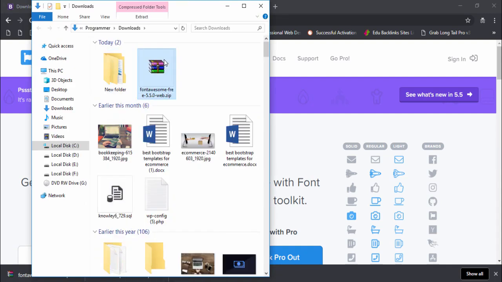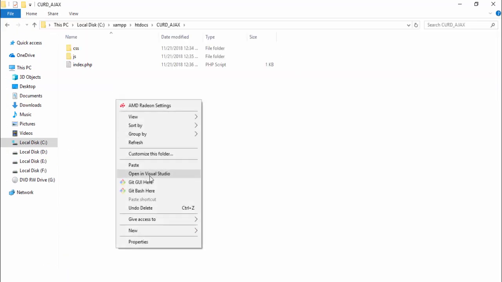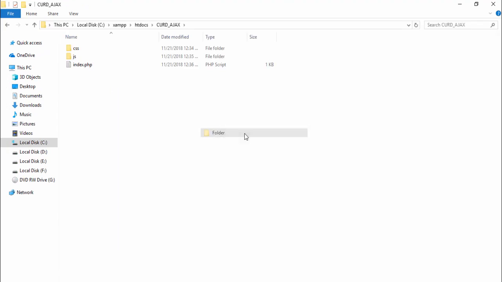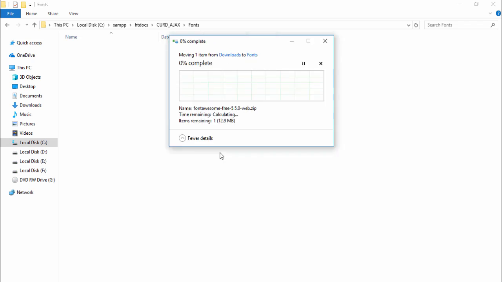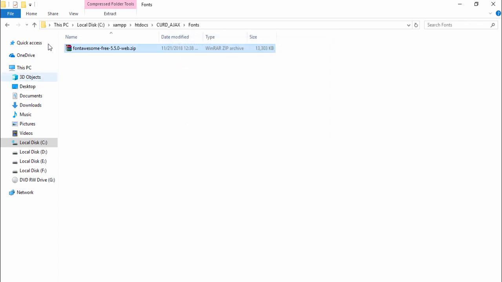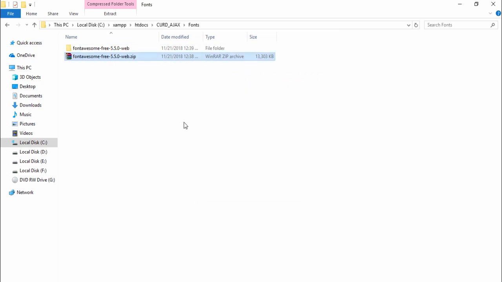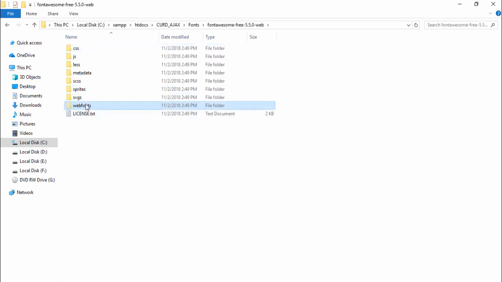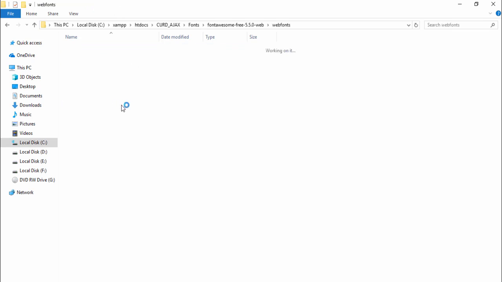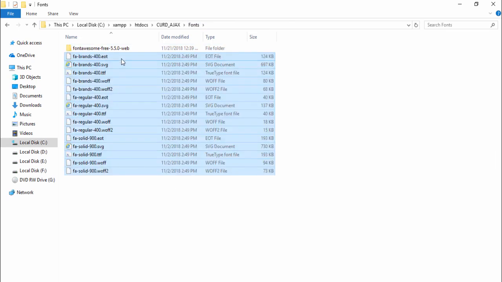Then I cut the Font Awesome folder and go to my htdocs folder, crowd, and create a folder guys, fonts, and paste the zip folder that has the Font Awesome icons and also files. Right click it and extract. Then you need to wait a couple of seconds guys. Then I need to remove the zip file and open the Font Awesome folder, cut the webfonts. So I open this folder also. I cut the whole files and go to Font Awesome, paste here, and remove this folder. Okay,